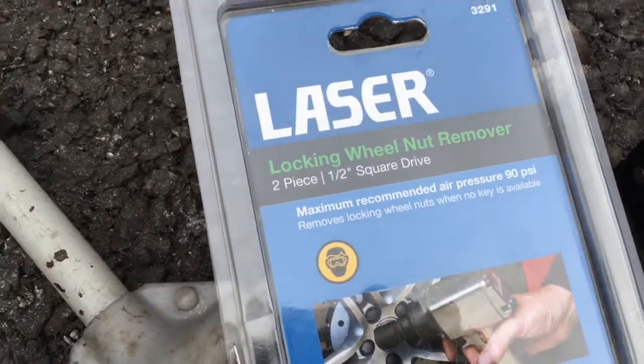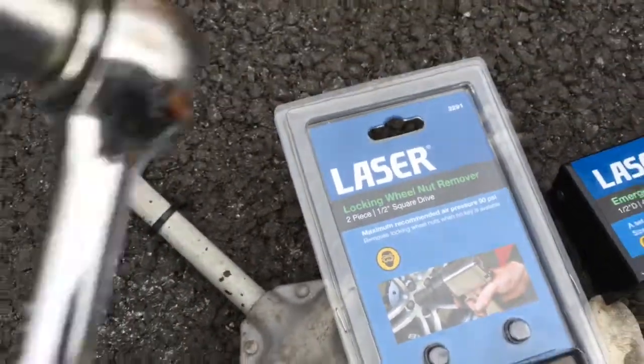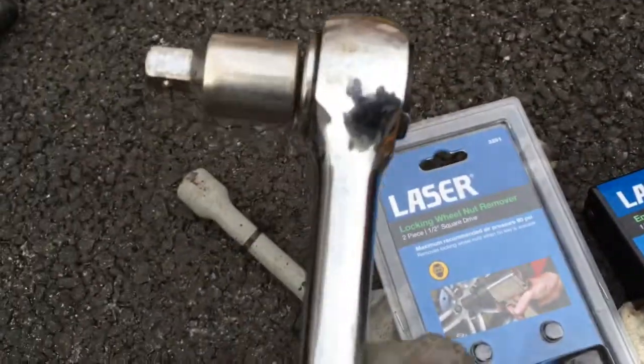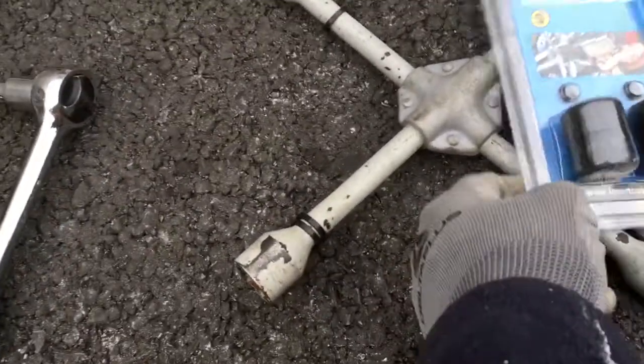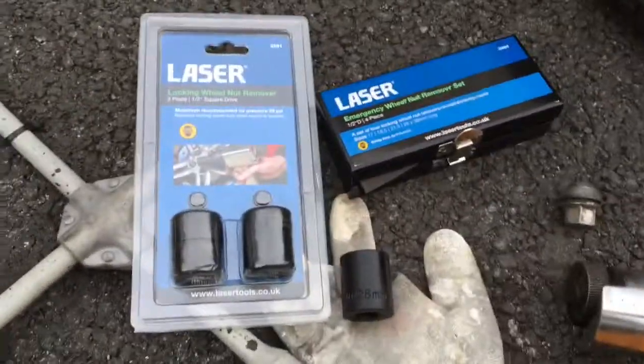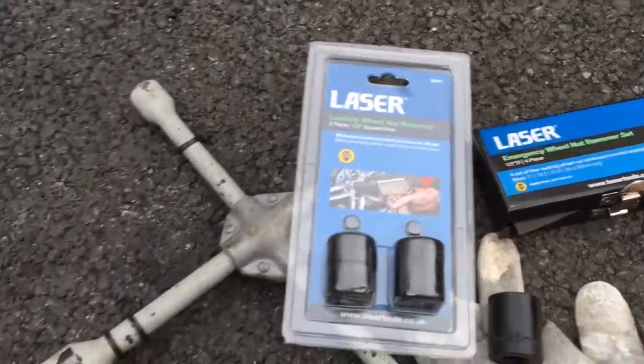They have this one. This is 2-piece, and it's 1/2-inch drive. So you need a 1/2-inch drive, like that. But what I found, where's it gone? Oh, I've got a breaker bar that I'm going to be using, so I'll cut to that in a minute. But I measured over here